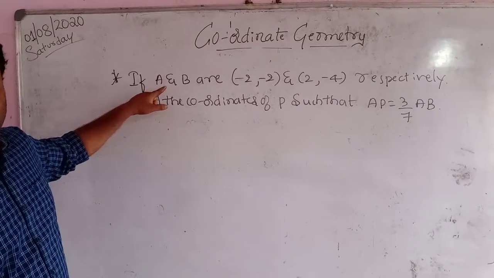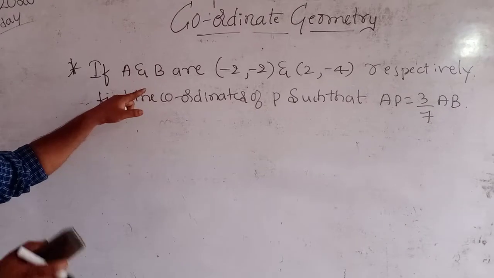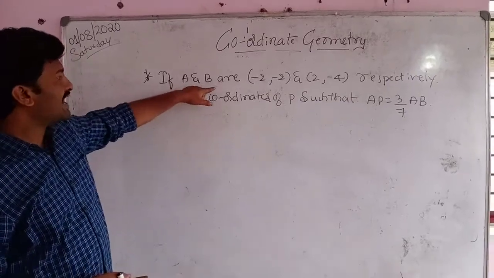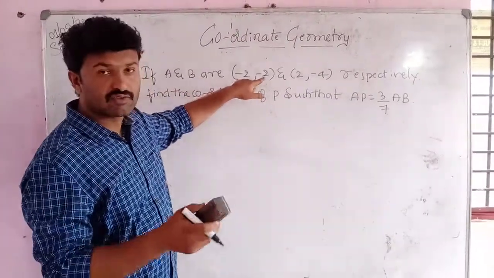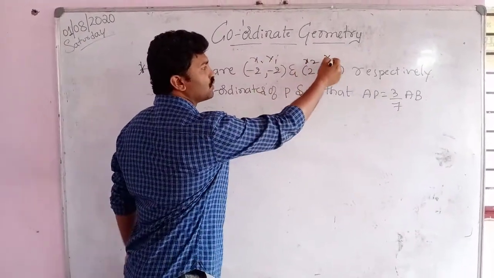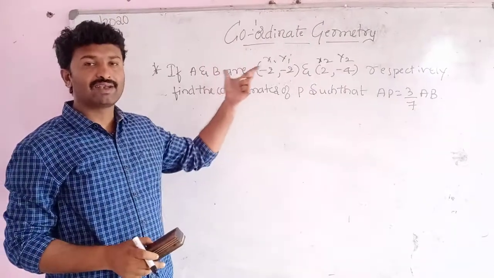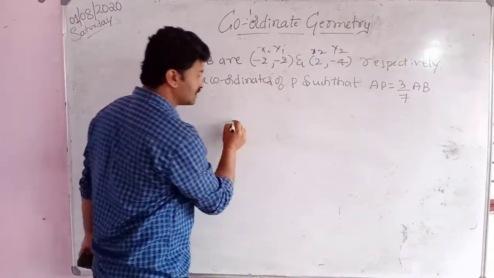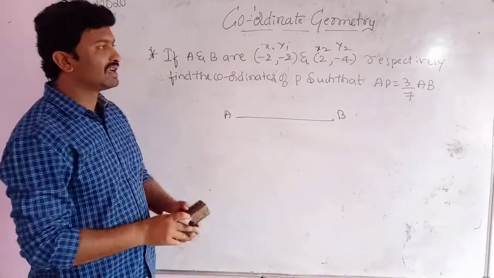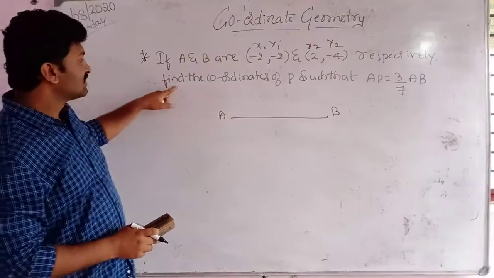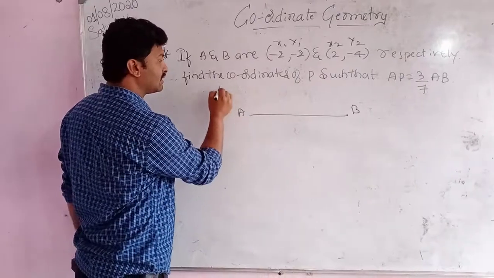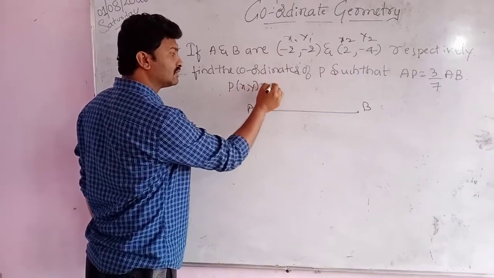Okay, here is one more problem. Last class we discussed it. If you are having any doubt, you just go through this. The values of x1, y1 and x2, y2 are given, point A and point B of a line segment. This point and this point are given in the question respectively. Find the coordinates of point P. What we need to find out? P of xy we have to find out.